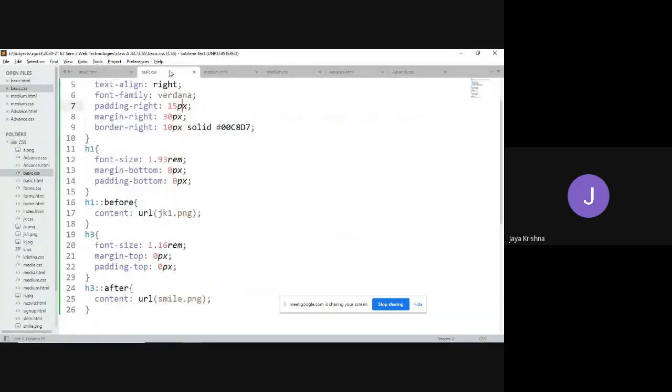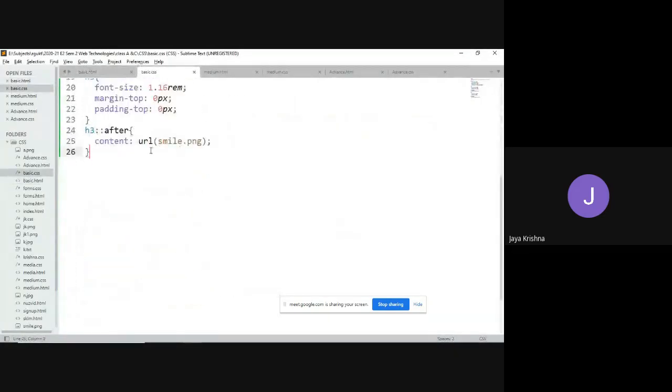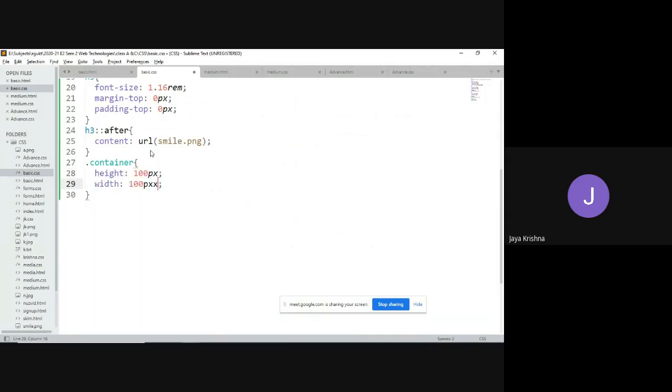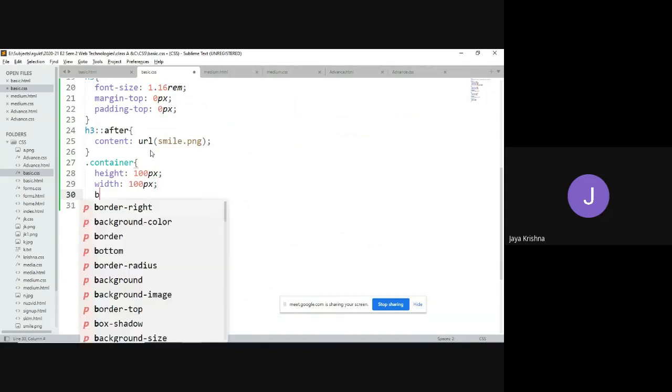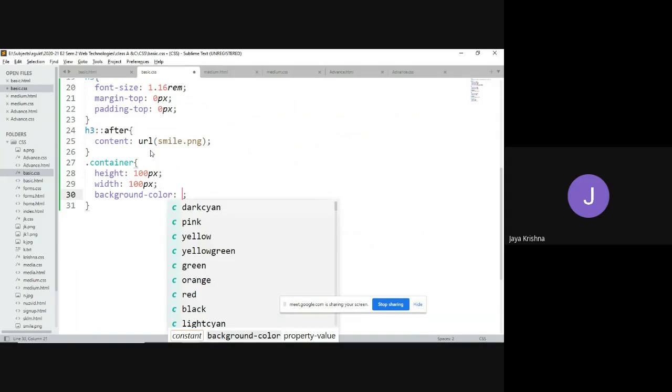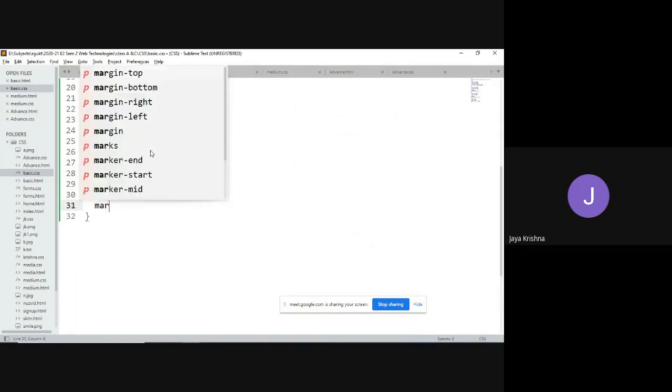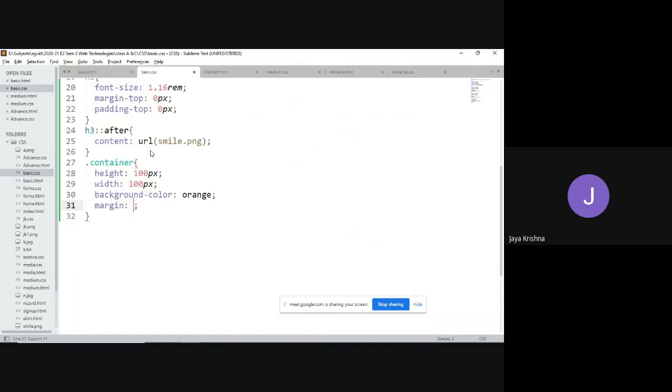Now I would like to set some rules for this container. To explain this clearly, container: my height is 100 pixels, width also 100 pixels. My background color is, for example, orange, and I am going to set the margin as auto, so automatically it comes to the center.